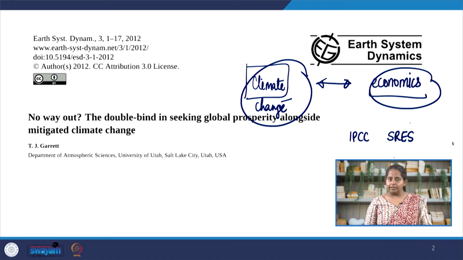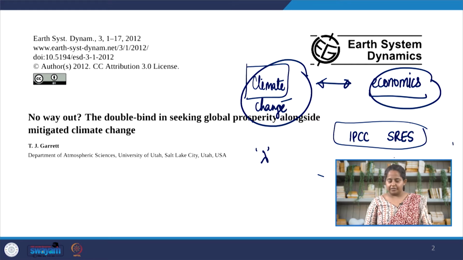So basically, the premise is that for a unit of growth, we require some amount of energy. And this is a particular factor, lambda, which we will discuss a lot as we build the model along with Professor T.J. Garrett. So the first premise, as I mentioned, is that any kind of economic growth requires energy input, requires consumption of fuel, which means there will be some combustion, some emission of greenhouse gases, and they will contribute to climate change. So basically, T.J. Garrett is questioning the IPCC SRES stand that there is a possibility to mitigate climate change and still maintain global prosperity, keep growing our GDPs.